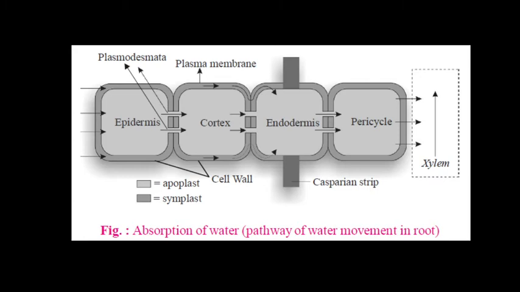The xylem tissue present in the root is called root xylem. The root hairs are at the outer part, but the root xylem vessels, which carry water to the other parts of the plant, are at the center of the root. In between the root hair and root xylem are the epidermis, root cortex and endodermis. So before water absorbed by the root hair from the soil reaches the root xylem, it has to pass through the epidermis, then the root cortex and then the endodermis.